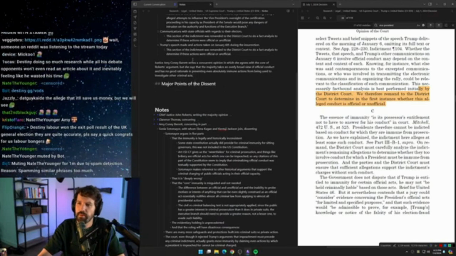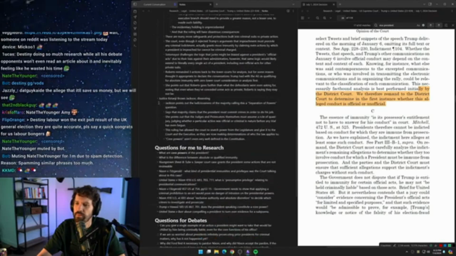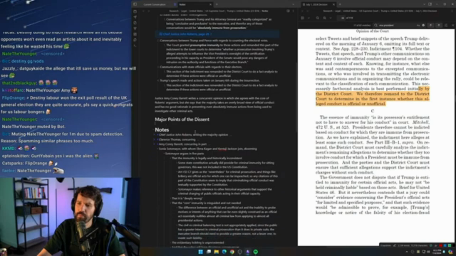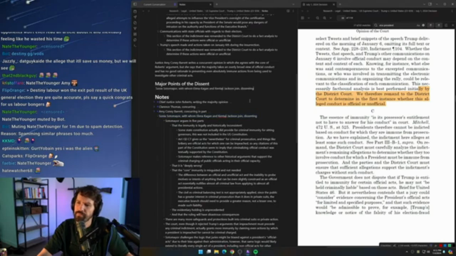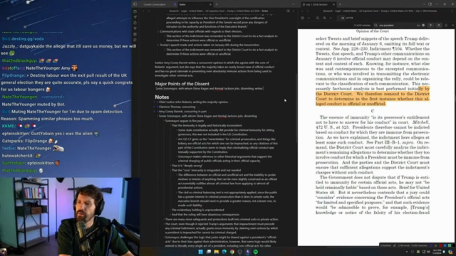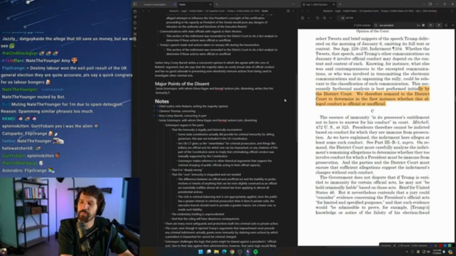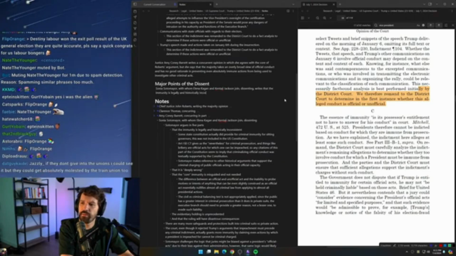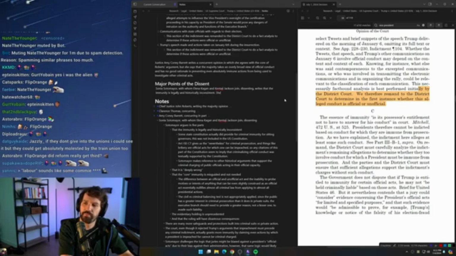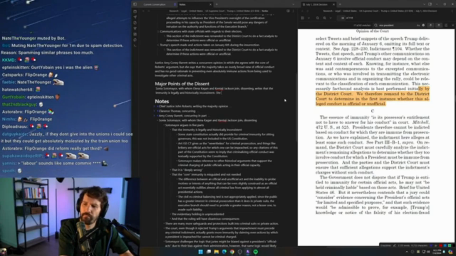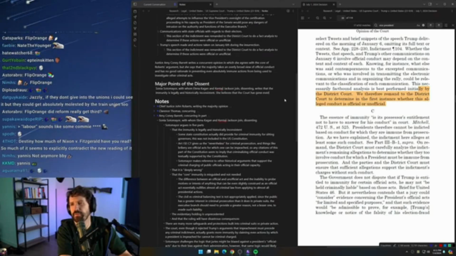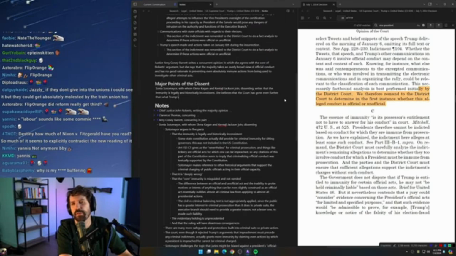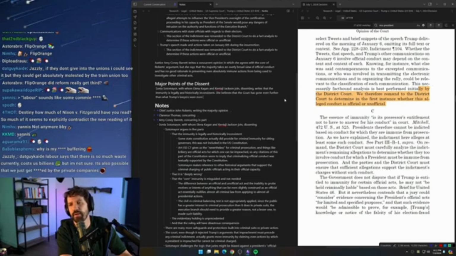All right. Major point of the dissent. Writes that the immunity is legally and historically inconsistent. Let's see. She believes that the court has gone even further than what Trump's lawyers were even asking for,